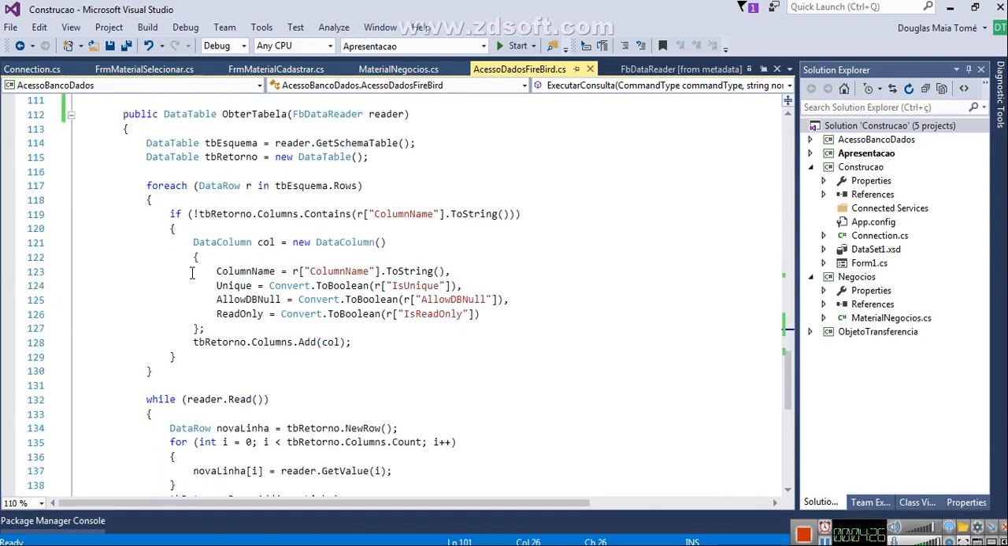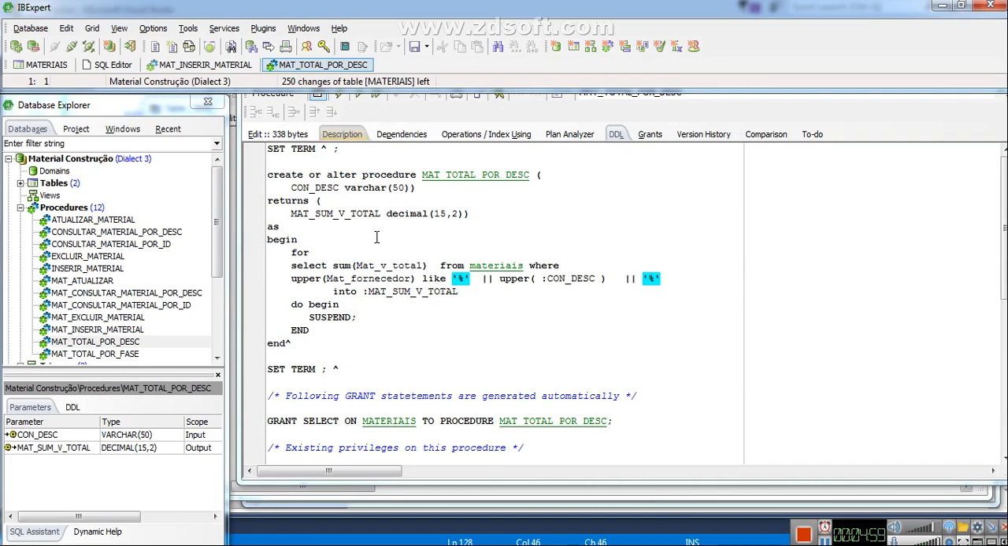Okay, and then there's a for each command that does that. It will get the column properties, and then we add the properties to each column of the table received, of the TB schema, of the get schema table. It receives each property of the column here, and when it finishes the columns, it will add, for example, here